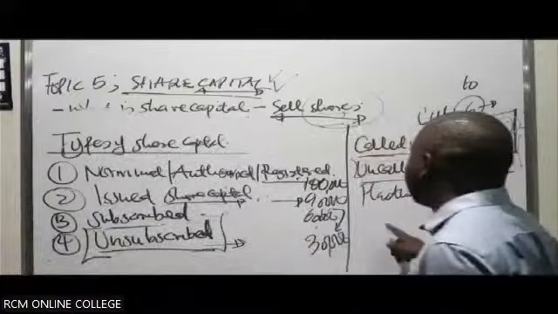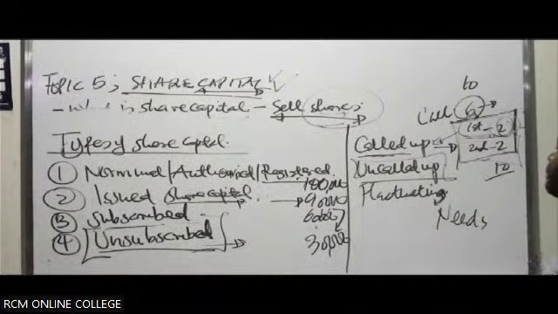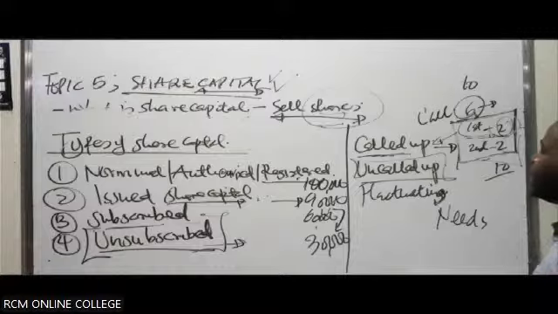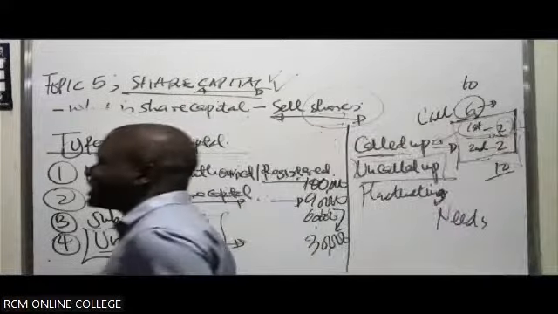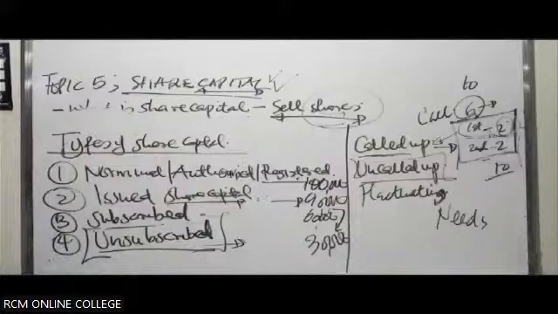So it will likely fluctuate. That kind of capital, we call a fluctuating capital. From time to time, it will likely increase, and from time to time, it can be withdrawn. So it fluctuates. It's not static. It's not fixed in any way. So we refer to that kind of share capital as a fluctuating capital.